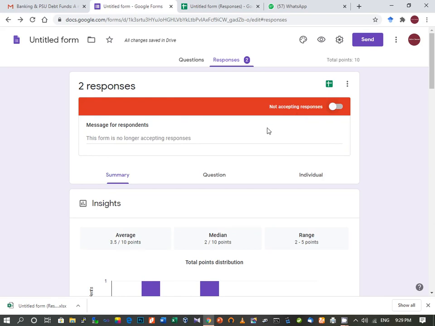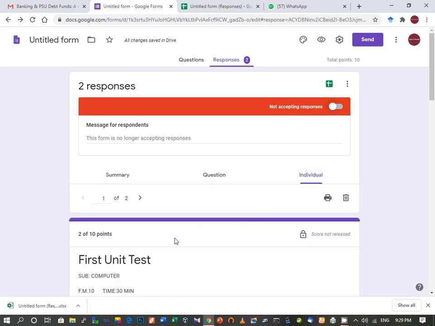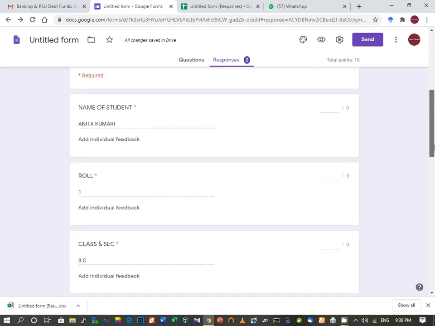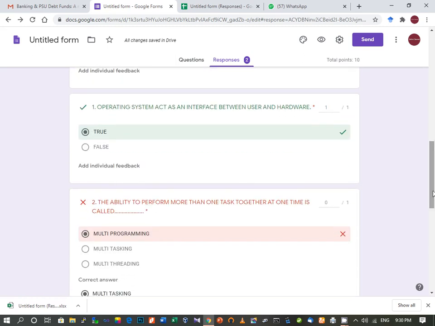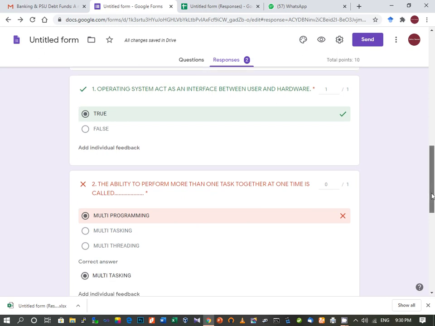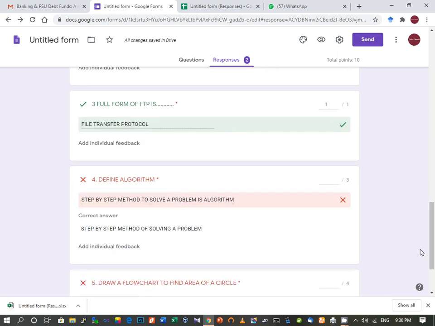And now let's learn how to evaluate or how to check the answers. So here you can see these are responses. So here we have two responses. So first we click on this individual. Then we will be able to see the individual responses. So here we will check the responses. This is for roll number 1. Here you can see that the objective answers are corrected on their own. So if your test consists of only objective answers, you don't have to evaluate; automatically your question paper will be evaluated and the marks will be stored. But since we are having some written questions also, here we'll have to check them.